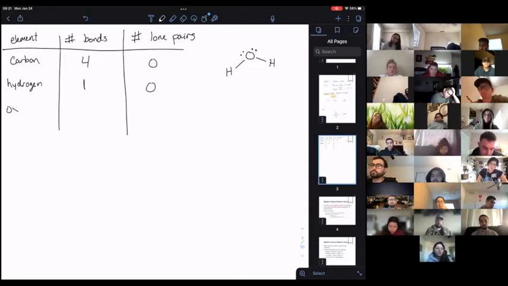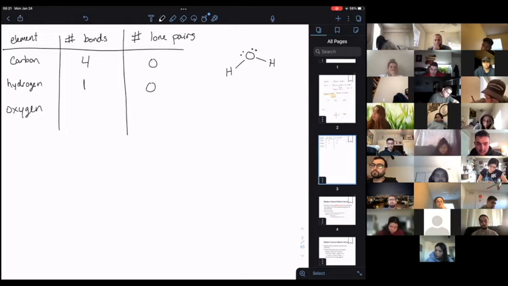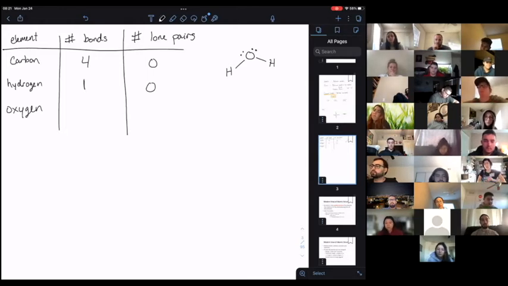Oxygen. How many bonds do we think oxygen likes to have? Everybody show me what they think, all in their hands. Let's look at water here. How many bonds does oxygen have? 2. Oxygen likes to have 2 bonds